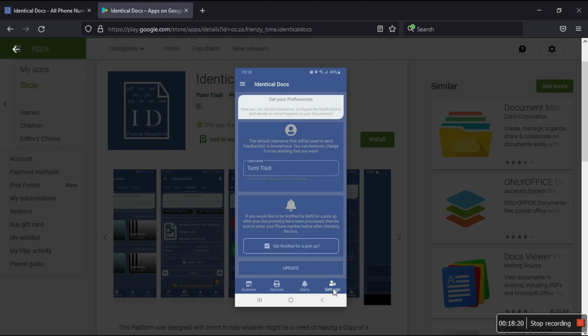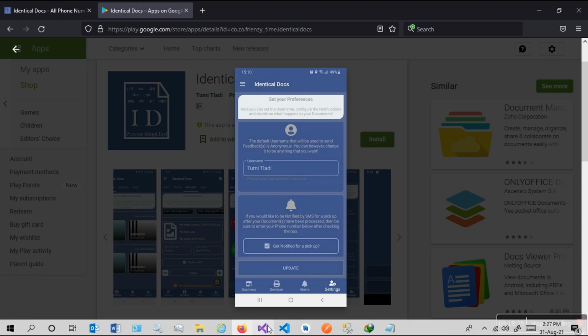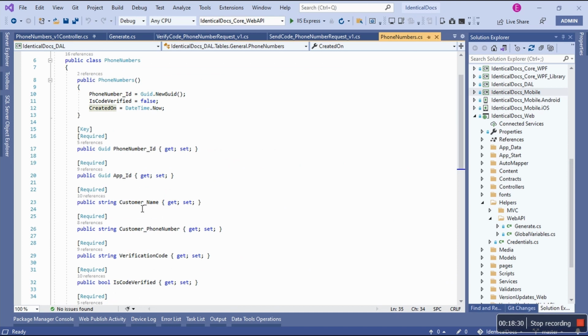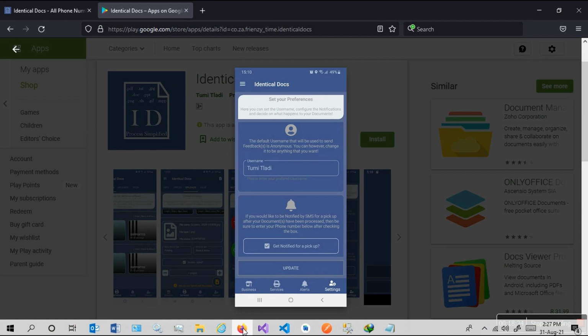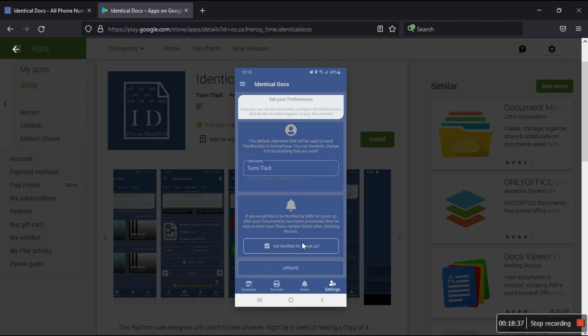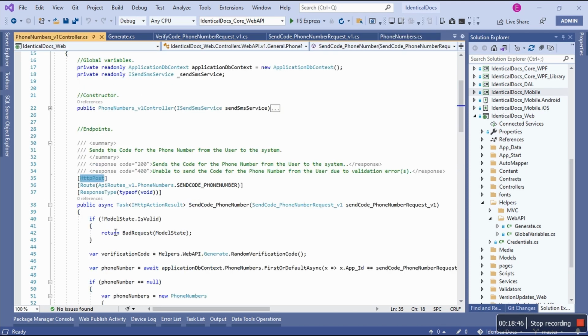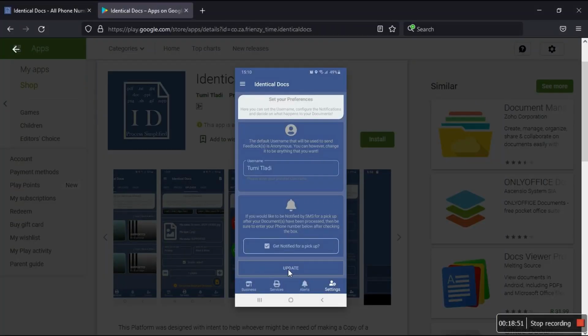This is the settings tab. This is where you give us the username, that's the customer. Let me go back to phone number, customer name. That's where we get it. And what else do we see? We see if you want to be notified for a pickup, but when you scroll down, that's where you add the actual phone number. Okay, but I'll show this. All right, so let's go back. So we're expecting that when they click that button, update, it's going to trigger post, and we'll talk